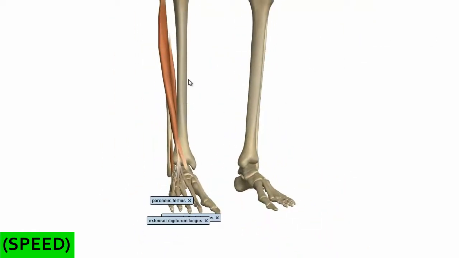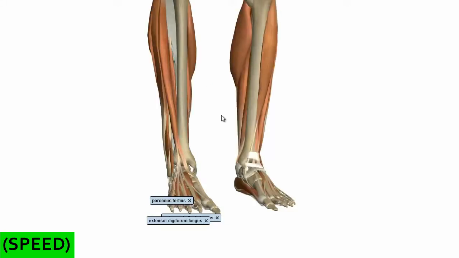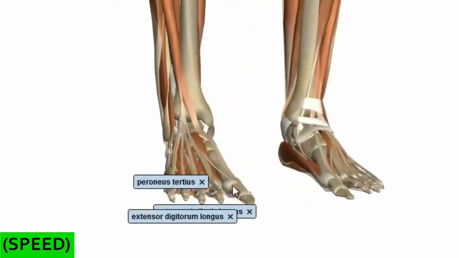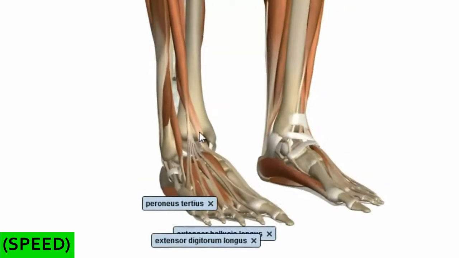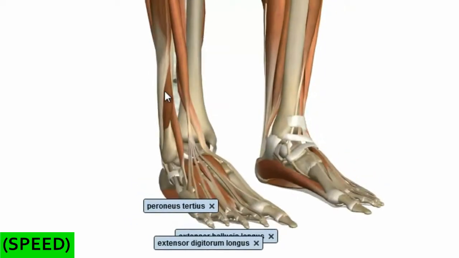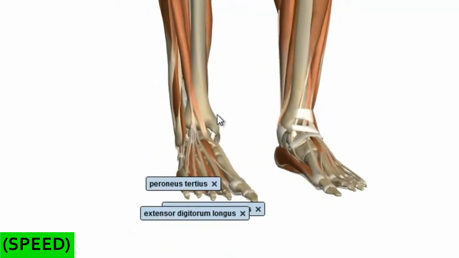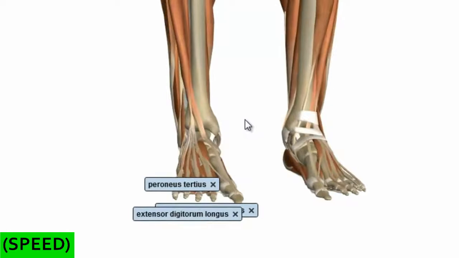So you've got the tibialis anterior, which you can see here. You've got the extensor of the four toes, called the extensor digitorum longus, the extensor of the big toe, the extensor hallucis longus, and you've got the little peroneus tertius, which is often thought of as part of the extensor digitorum longus. So the way I remember the muscles of the anterior and the posterior compartments is that the deep